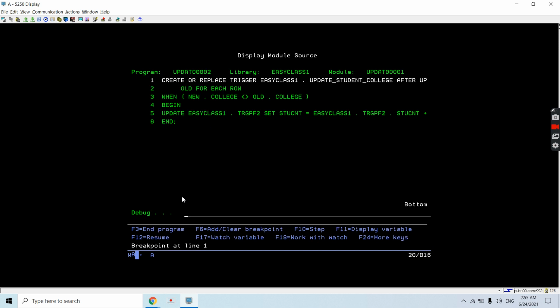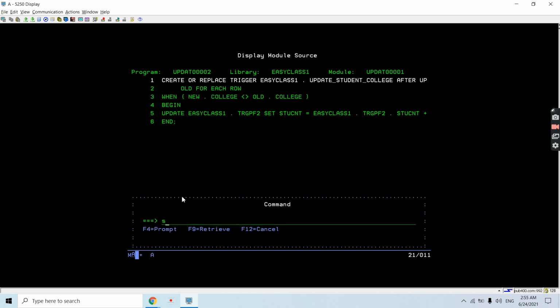Once I press enter, you can see the trigger gets fired and we are in the program. We are in the trigger program because we have debugged the source. Just do the DSP job log.